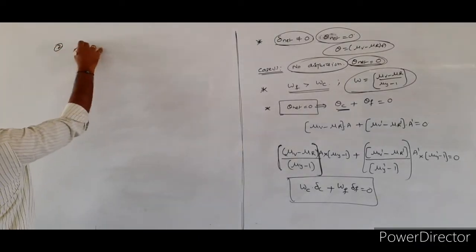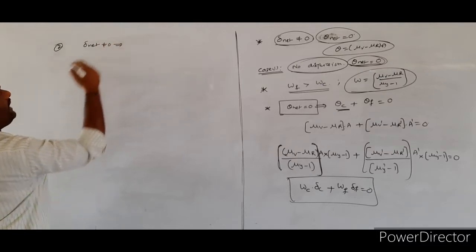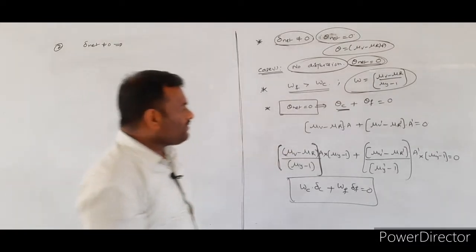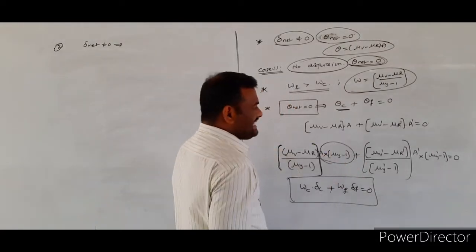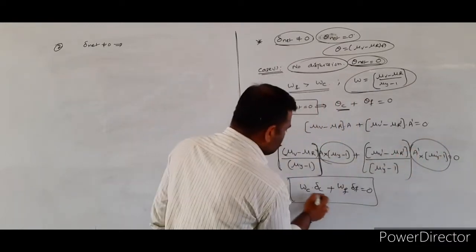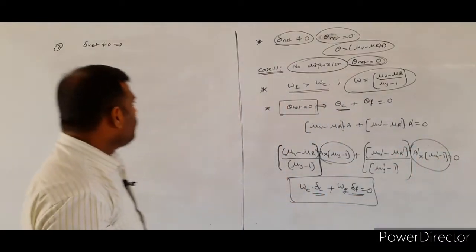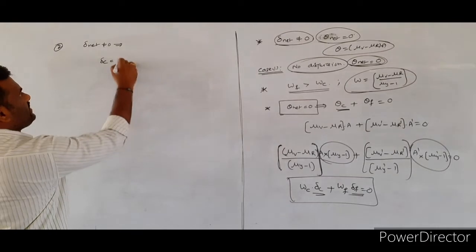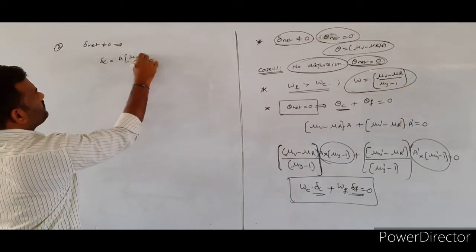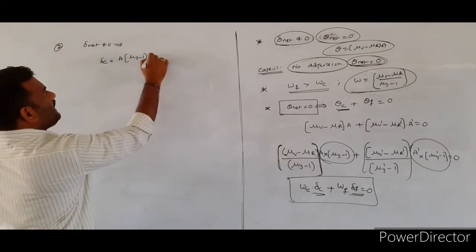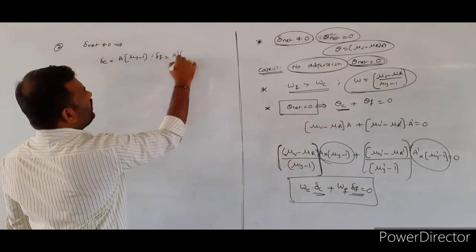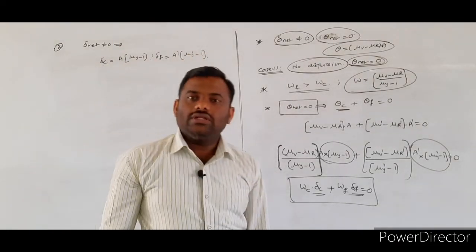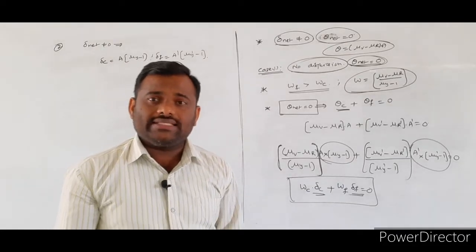So I am taking that relation. In the case 2, delta net is not equal to 0. Delta net not equal to 0 means what? So two different types of deviations are there. One deviation is produced by the crown glass, another deviation is produced by the flint glass. Those values we wrote here. What is the angle of deviation produced by the crown glass? Angle of deviation produced by the crown glass is equal to A into mu y minus 1. Angle of deviation produced by the flint glass is equal to A dash into mu y dash minus 1. So these are the angles of deviation produced by the crown glass as well as the flint glass.